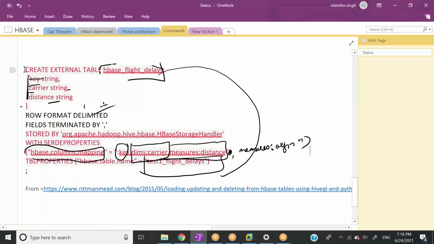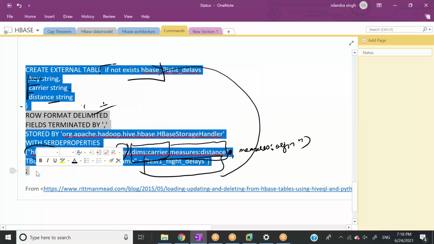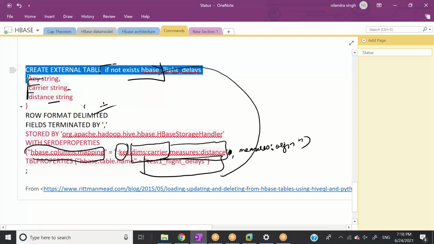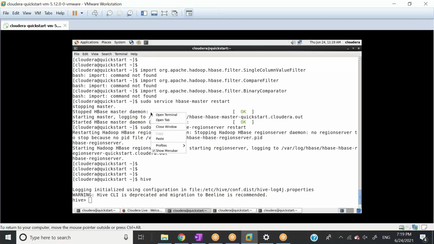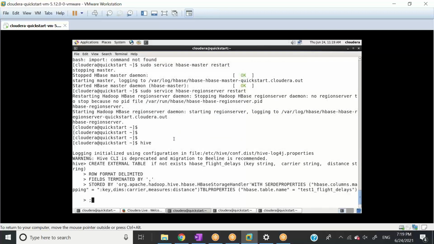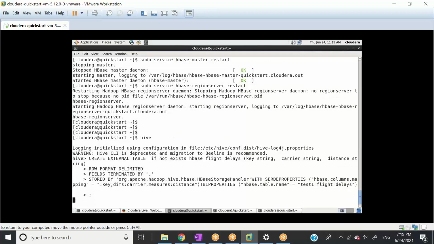Now let me say create external table if not exists, and let me run this command. So the table should be created.